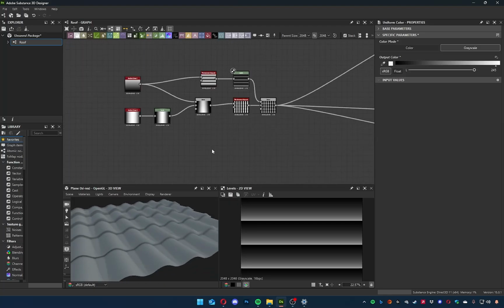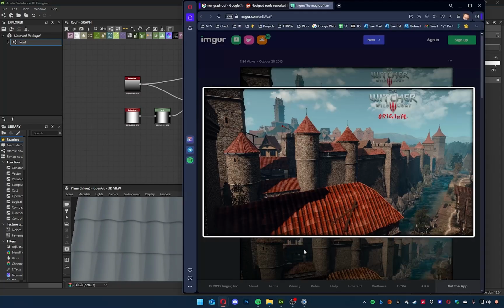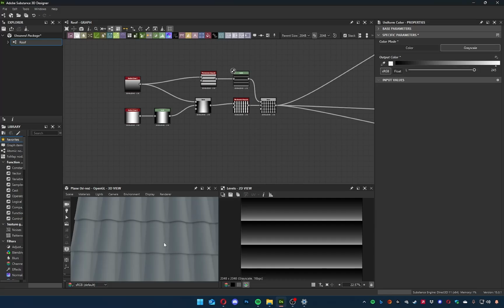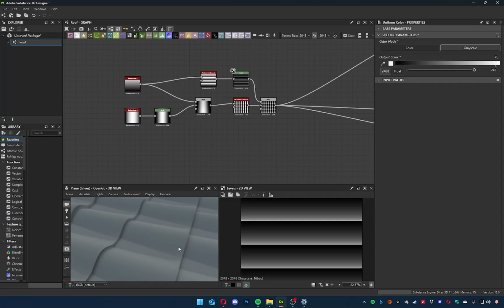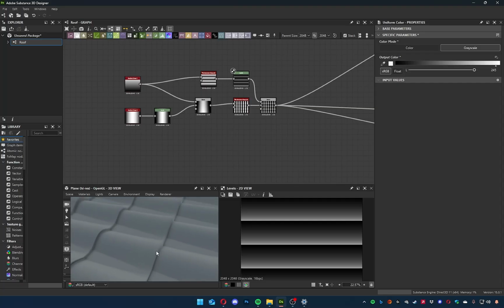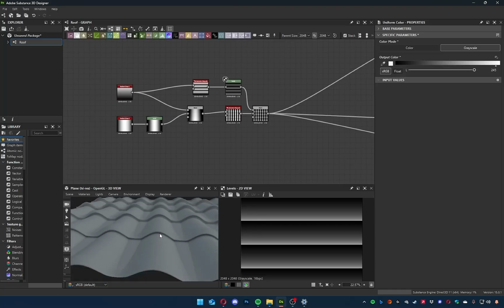Oh, what can we do? Oh yeah, right. Looking at this again. Maybe it's not all that obvious from this reference, but if you get different ones and you zoom in a bit, there's a bit of a push around this edge. So every single tile has a bit of a directional shift into this direction here. So over here, there. So how can we tell Substance Designer to push in this aspect a bit into up,